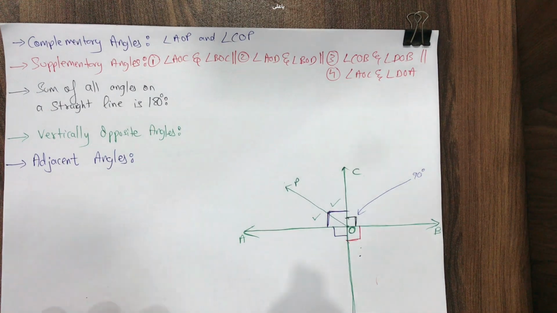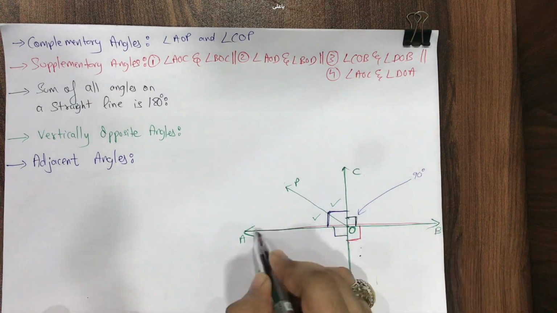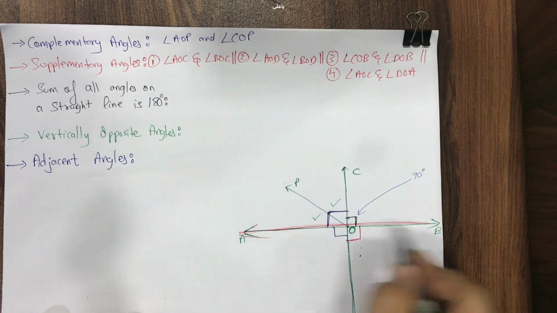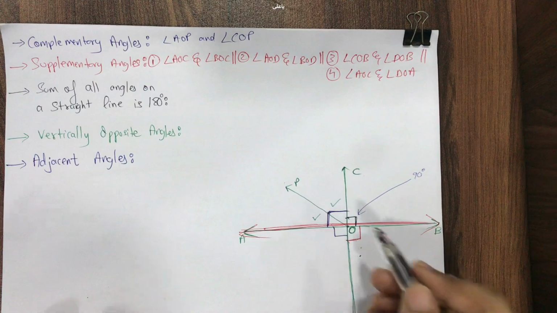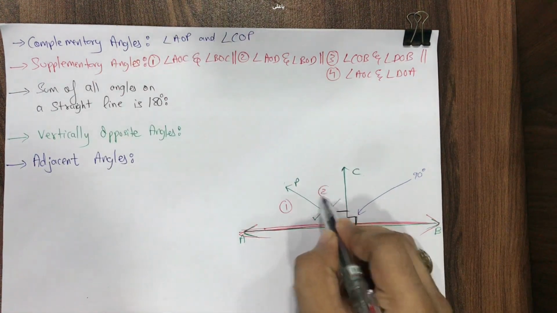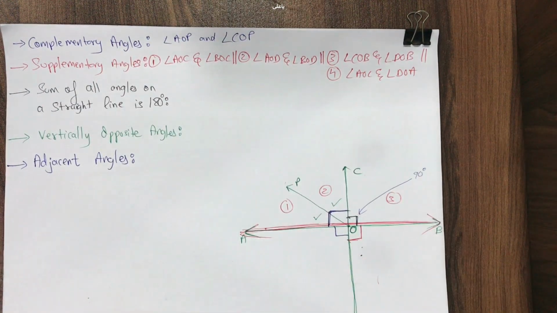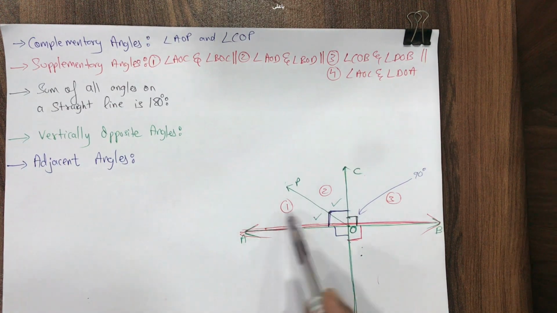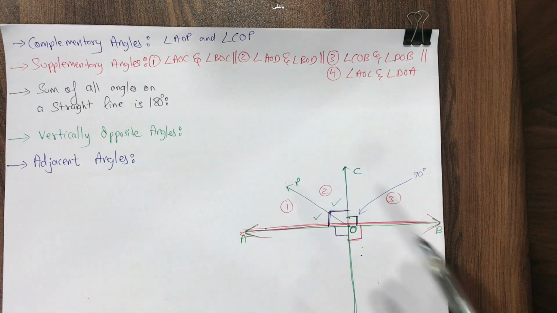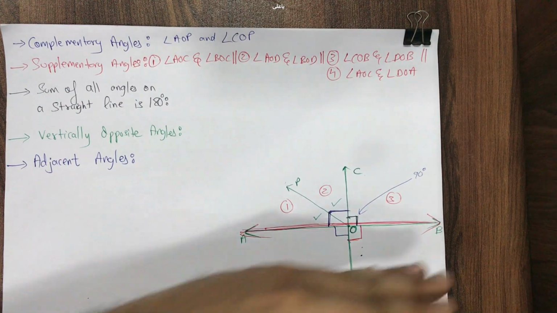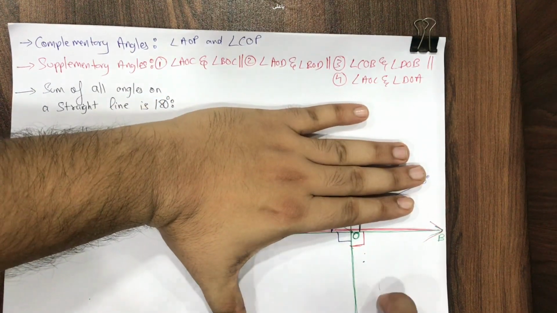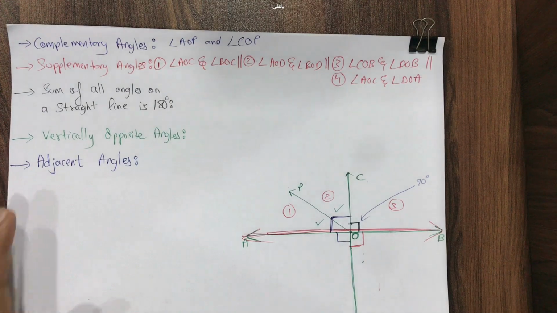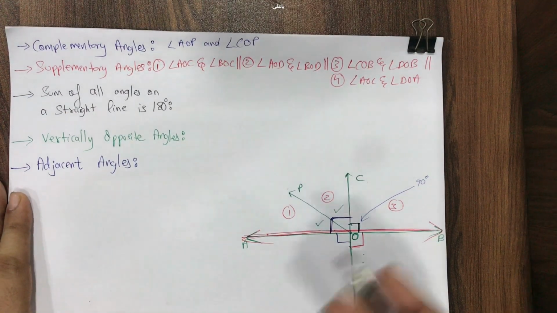Please see here, if I underline this with the red color, can you see this straight line? I'm underlining it with the red color. Now how many angles can you see on the top? First, second and third. So angle 1 plus angle 2 plus angle 3 is equal to 180 degrees, because sum of all the angles on a straight line is 180 degrees. Similarly down, I have only two angles, so this plus this is 180 degrees. But I'll write only one thing now. I know there are many others possible.